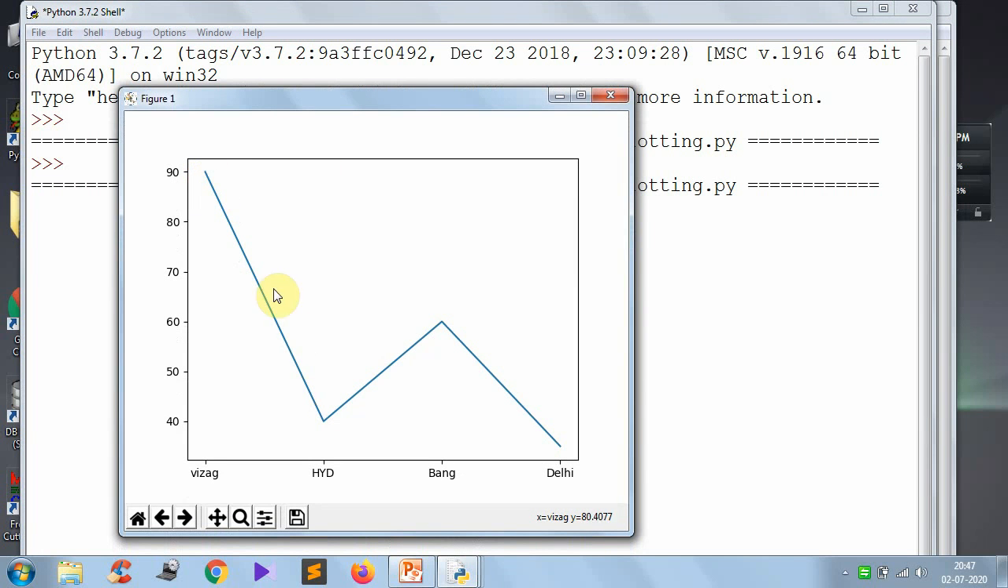Vizag 90%, to Hyderabad it came down to 40%. From 40% to Bangalore, up to 50-60% the sales have increased. Again when you come to Delhi, sales have decreased. Now actually this chart is not 100% clear, because if anyone looks at this graph, they